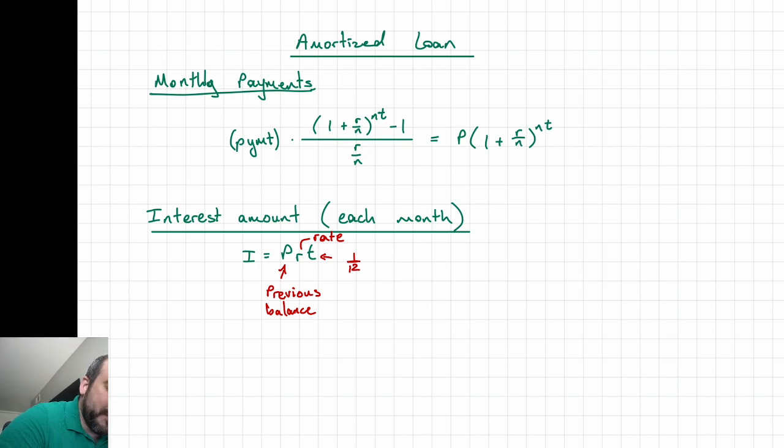In the original monthly payments calculation, this P is the total loan amount. R is the rate of the loan, which shows up in multiple places, right? This R, this R, this R, they're all the same R. That's just whatever the loan terms are. T is the length of the loan,